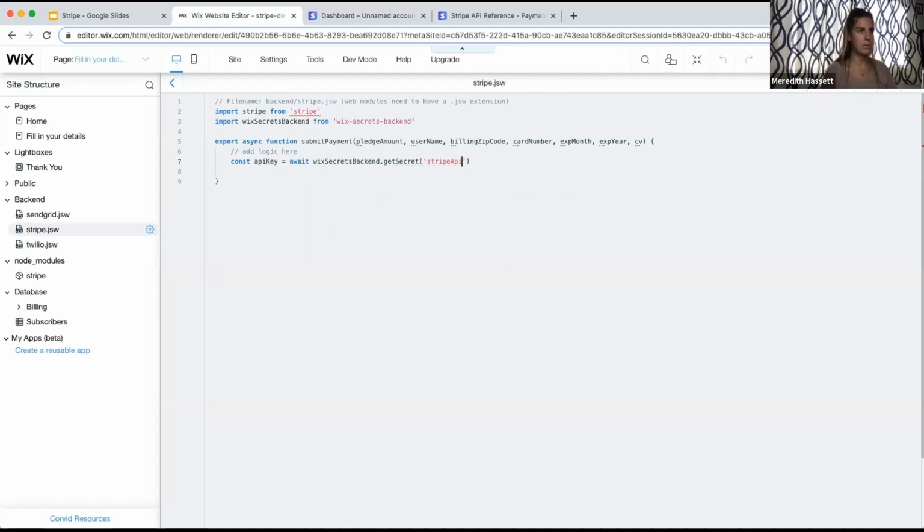And then I need my Stripe API key. Once I get my Stripe API key, I can actually initialize a Stripe client. And this is going to help me work with the Stripe NPM module. Now I can actually start working with Stripe and start calling the different endpoints that are available